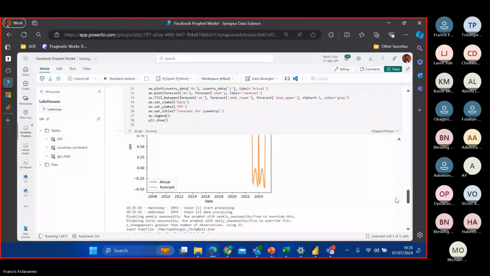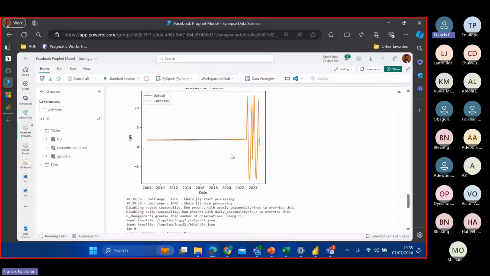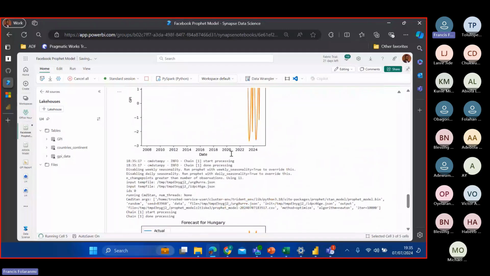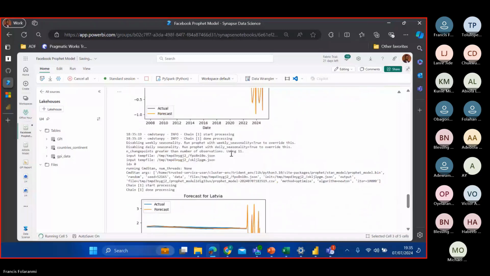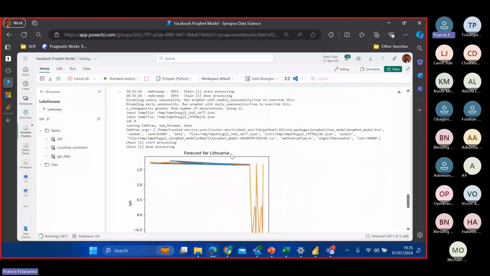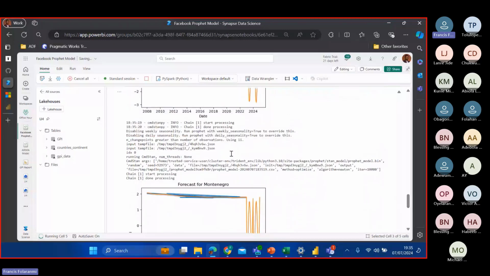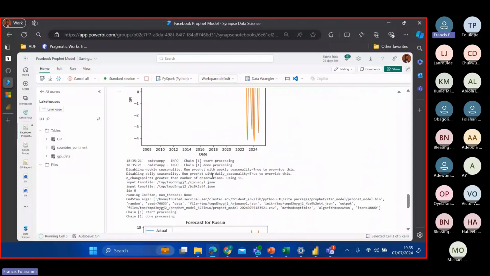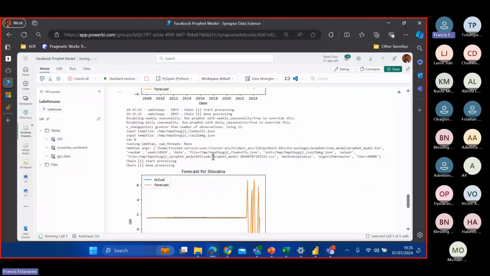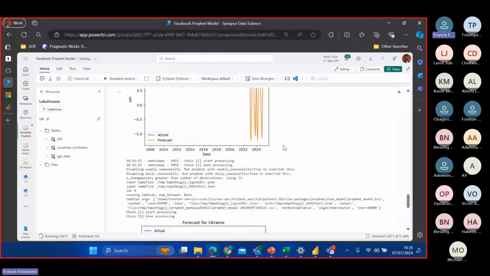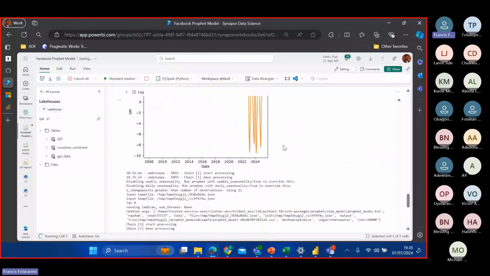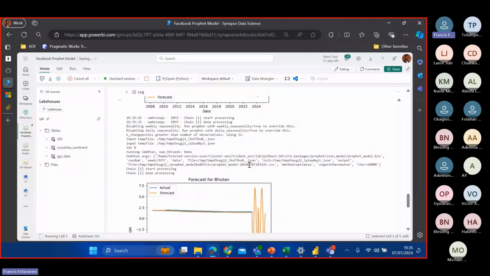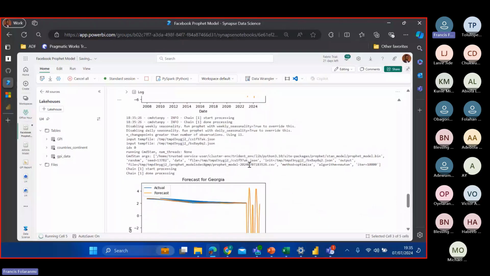So because it's still loading, it's moving, it's not staying. So let's just give it a while. So this is for Greece, this is for Portugal, for Russia. Once it's done loading, then we can see what the projection looks like for each of these countries, and then we can fine tune it better and make it more feasible.